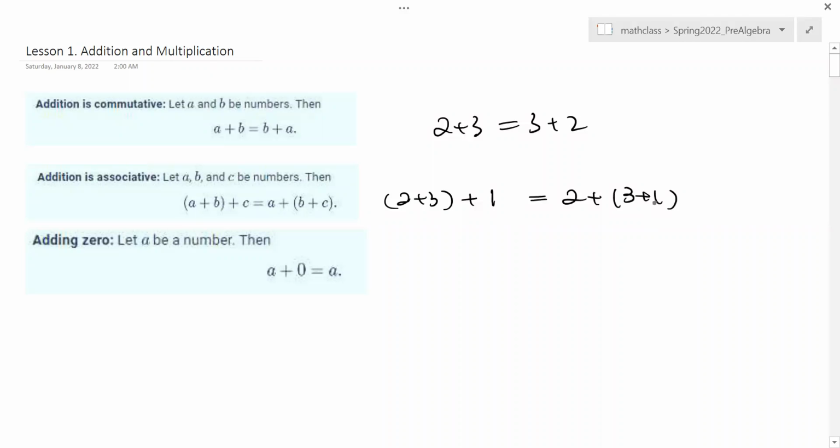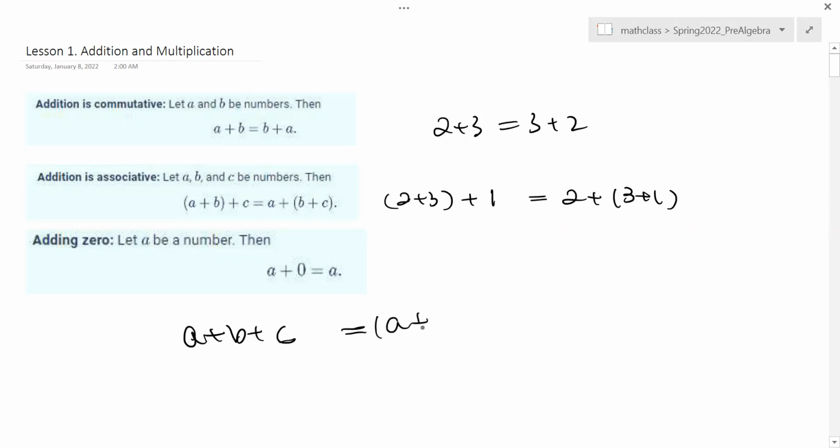So the answer will be 6, okay? Just because of the second associative rule, you can remove the parentheses, because otherwise you cannot do that. When you define the addition, you always take a pair of numbers, not three numbers. We never defined addition of three numbers before. That's the definition, right? So because of the second rule, a plus b plus c really